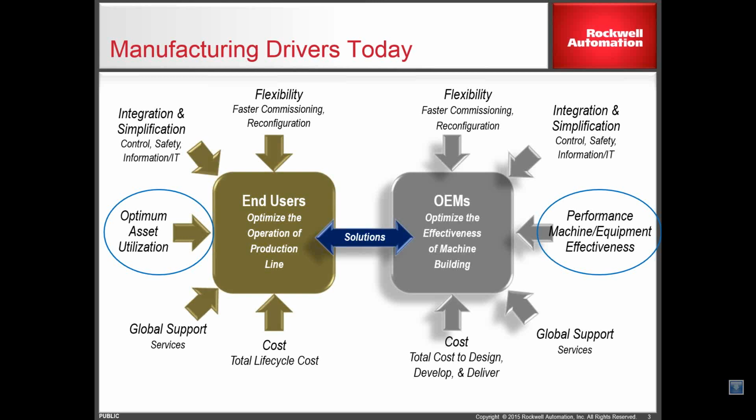However, the distinction between machine builders and end users is apparent when you examine how each type actually views their use of automation equipment. For end users, the focus is on optimum asset utilization and the total life cycle cost, right? However, while a total cost of ownership discussion may be completely appropriate for an end user, it will not necessarily resonate well with the machine builder, right?